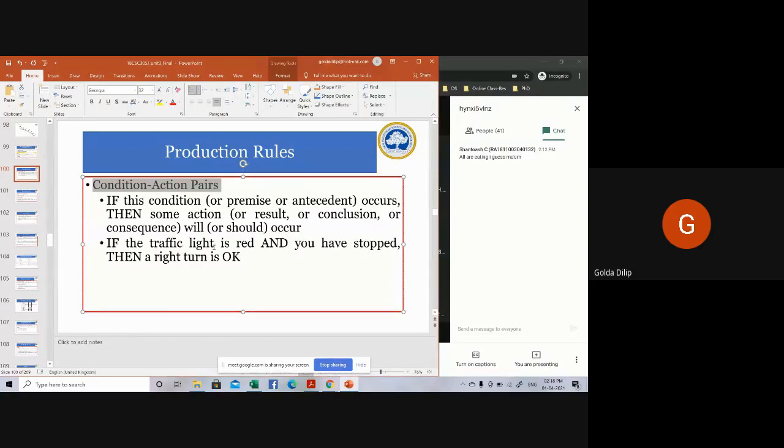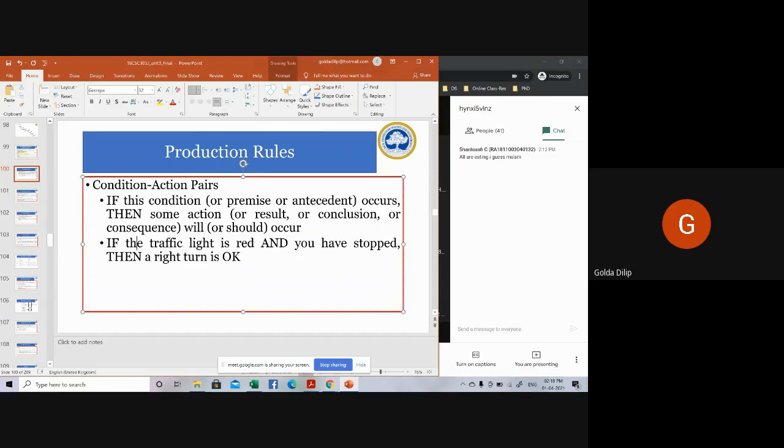As far as the production system is concerned, the representation of rules is a very important part of the function of the entire system, because everything is dependent on rules. These rules are fed into the database or the control system, and then it will take this form, if then. It is based on your if-then condition: if condition, then condition. It is also called by some other names.